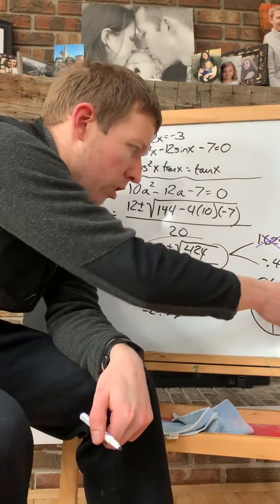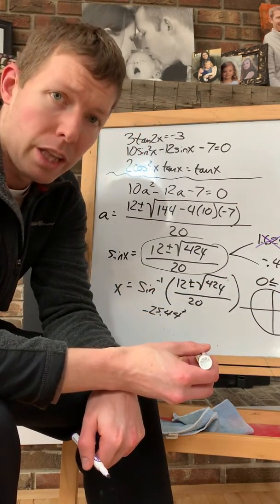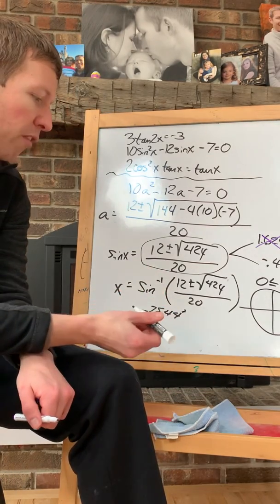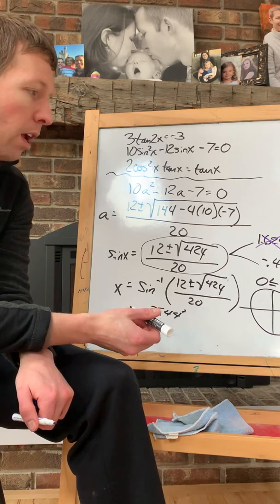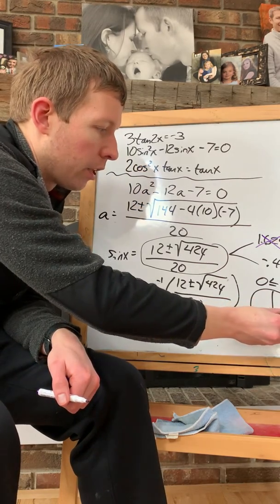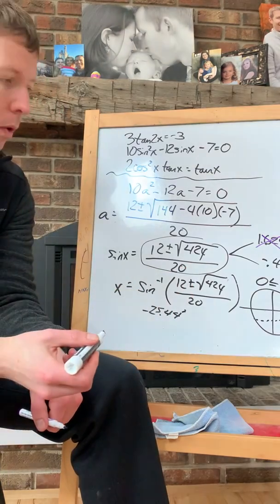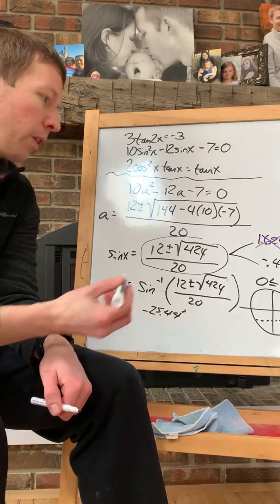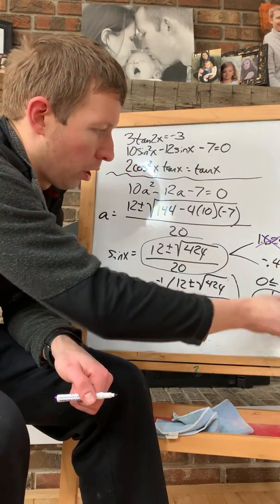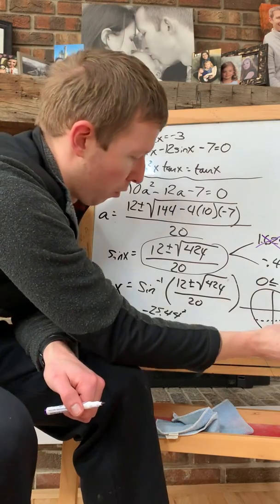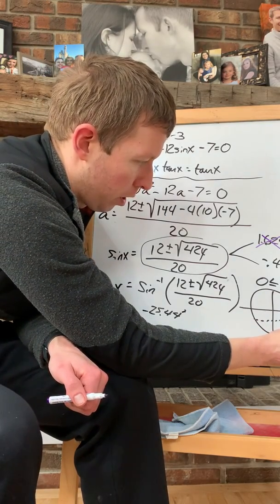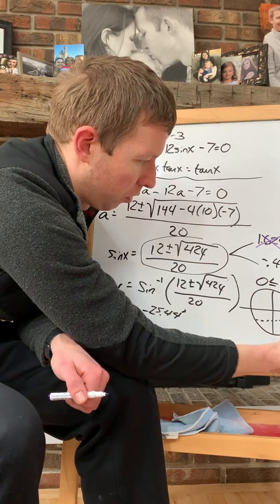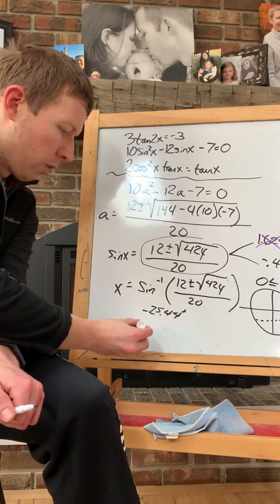Well, there is a number that's in between 0 and 360 degrees that would meet my requirements, and that would be whatever 360 minus 25.44 degrees would be. Additionally, there's another value that has the exact same y value. Because I'm looking at sine, I'm looking for values that share a y value. And so this thing right here is at 360 minus 25.44, so that's going to be at 334.56. So x equals